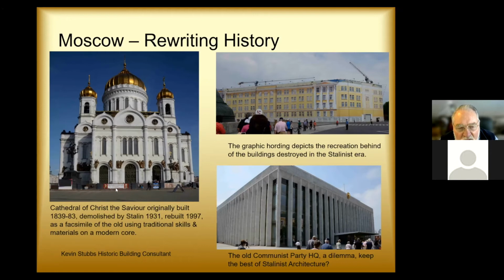And this was a $200 million US dollar recreation of the cathedral with 6.5 tons of gilding on the dome, etc. The main core of the building is a modern concrete and steel core, but the whole of the exterior is beautiful stonework. And so this gave the opportunity for training craftsmen again